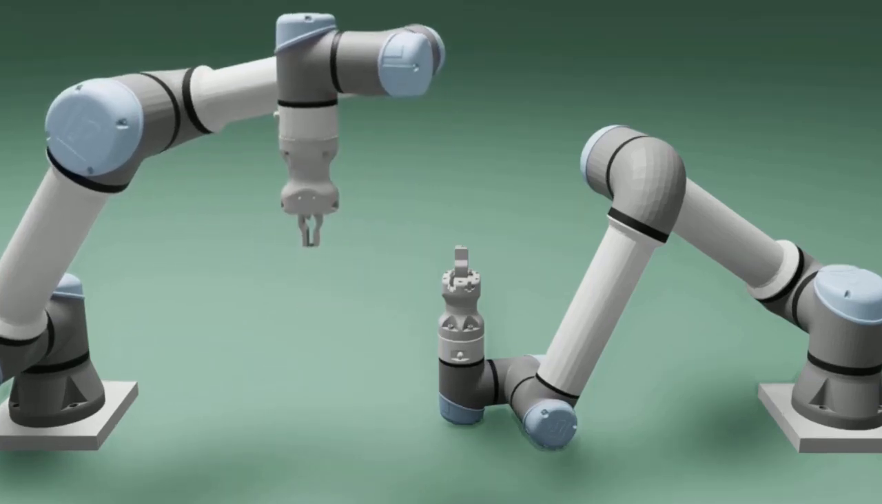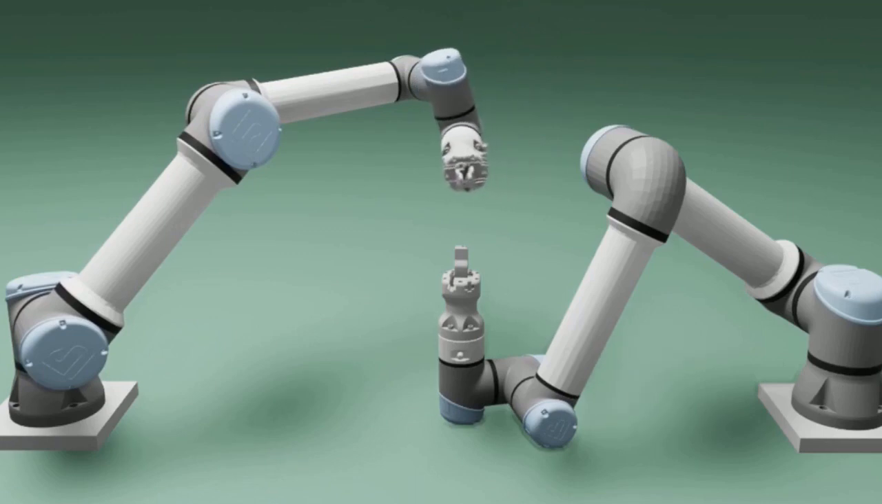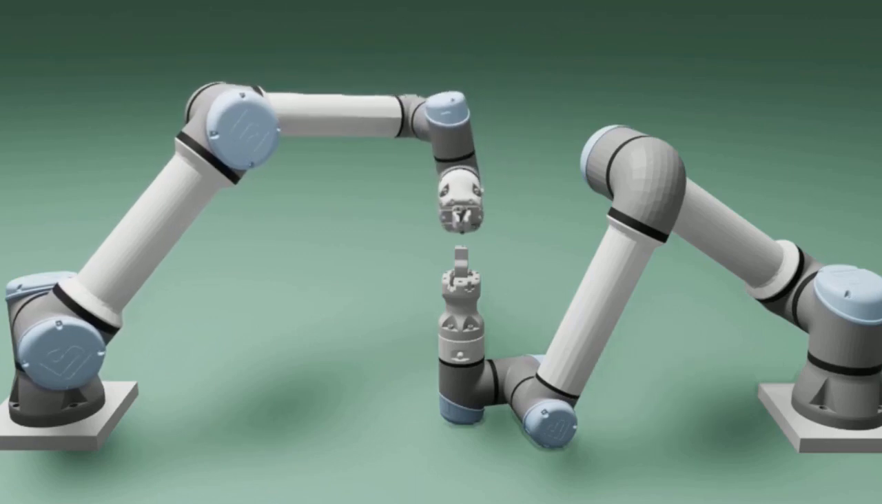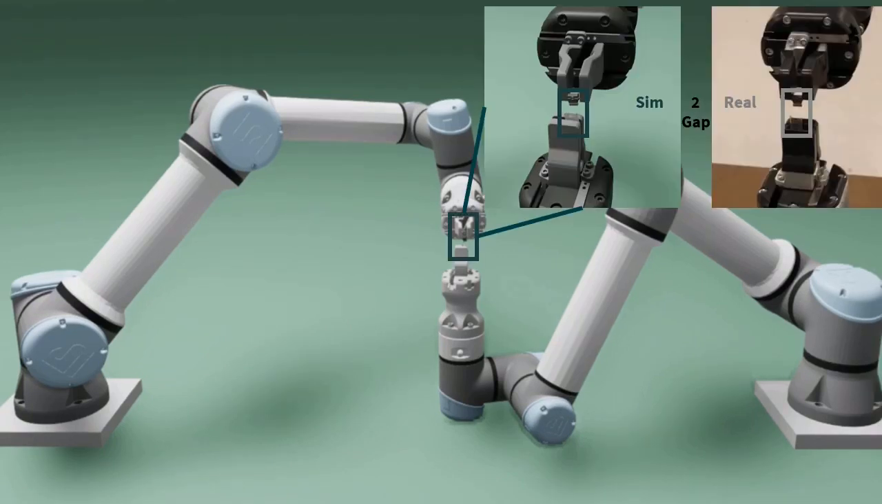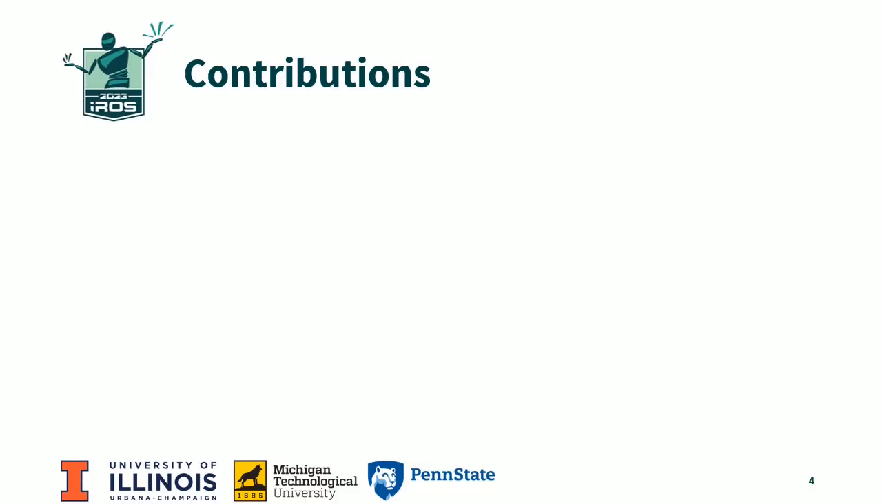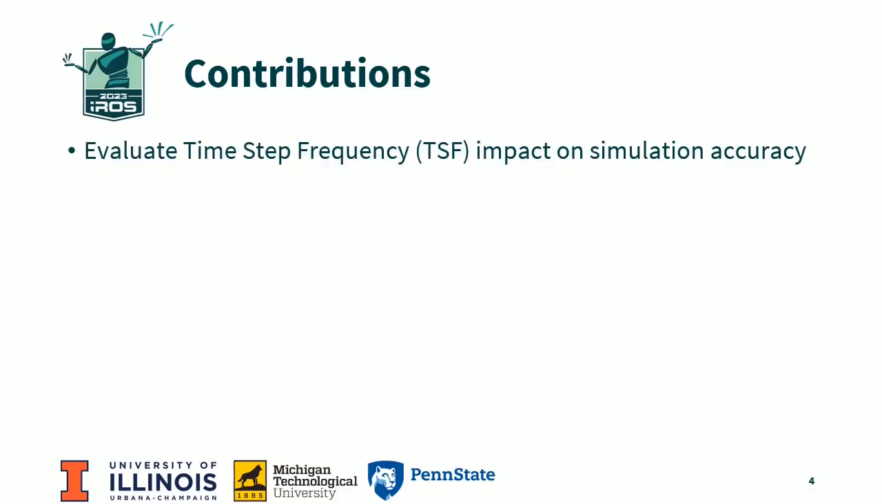Reconciling physical behaviors in simulation with behaviors in the real world, called sim-to-real, is important to increase adoption of robotic systems for manufacturing. However, the physics of contact in hardware disagrees with physics in simulation, and this is called the sim-to-real gap. In this work, we evaluate the impact of the simulation time-step frequency, measured in simulation steps per second,